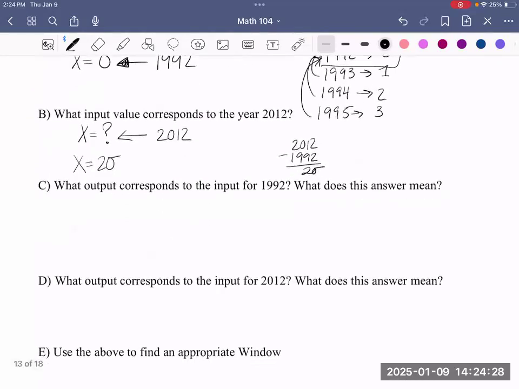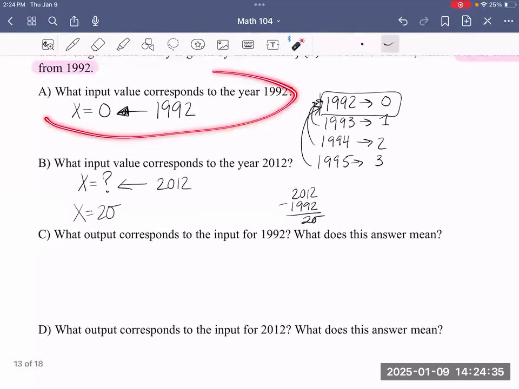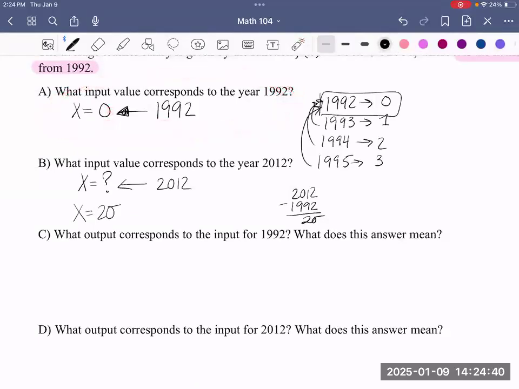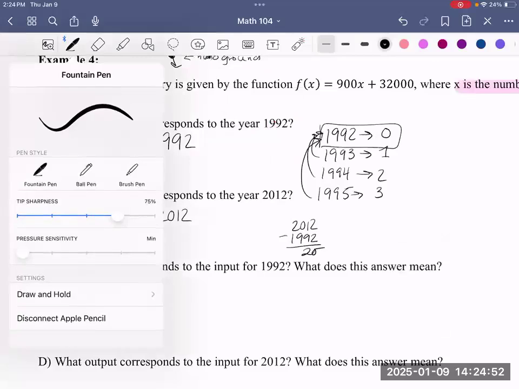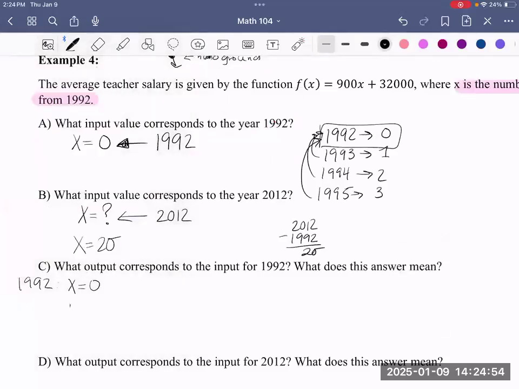Now, what outcome or output corresponds to the input for 1992? Well, keep in mind they said we're going to be using your input value of 0 when we want to look at the year 1992. So when x is equal to 0, we can either enter that in graphically, or enter it in algebraically. I'm going to be doing it by hand. f of x is equal to 900 times 0 plus